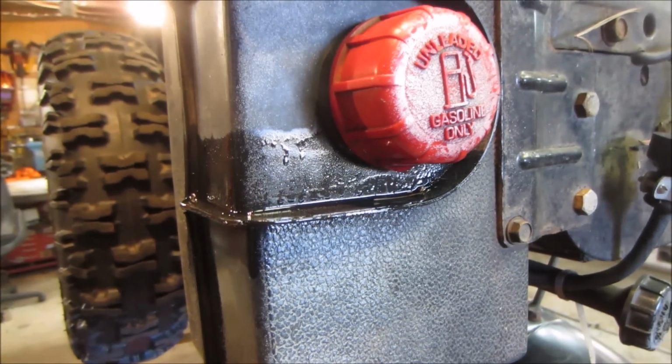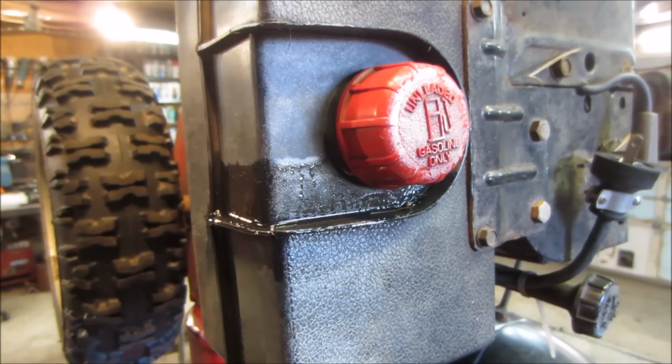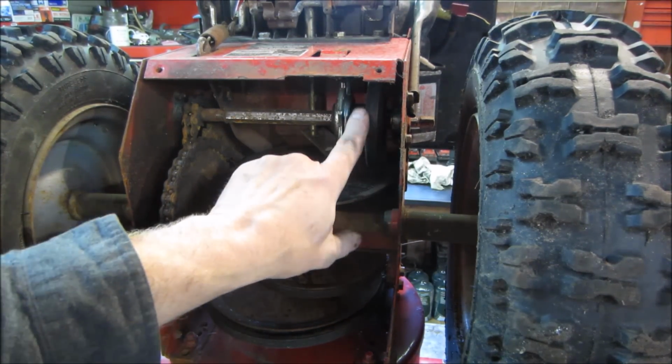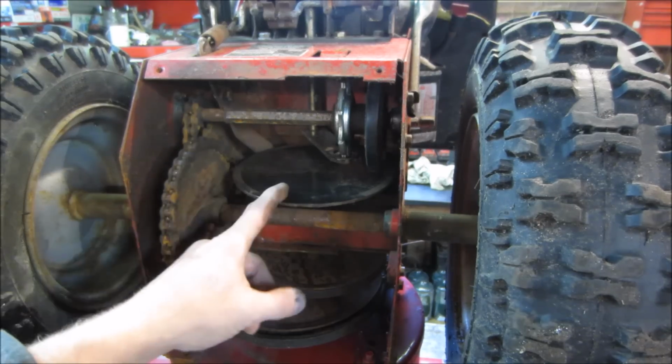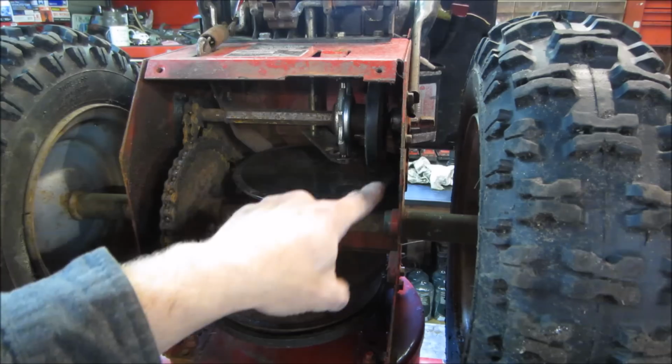Forgot to put a plastic bag in the gas cap when I flipped it up. Got too much gas in it. Let her back down. Alright, so this is the transmission, and this is what's called the drive disc, and this is the drive plate. I'm calling it a drive plate. This is the output coming out of the engine, and this is the gear train